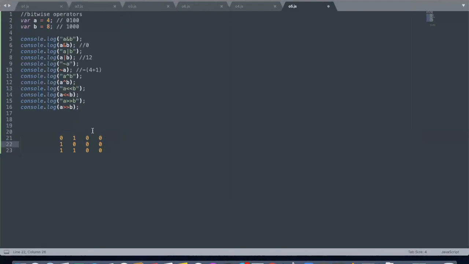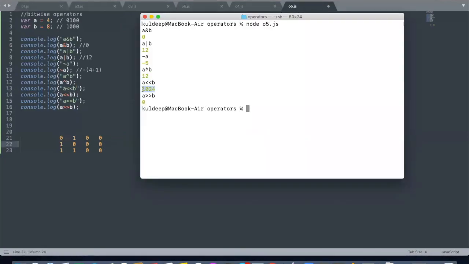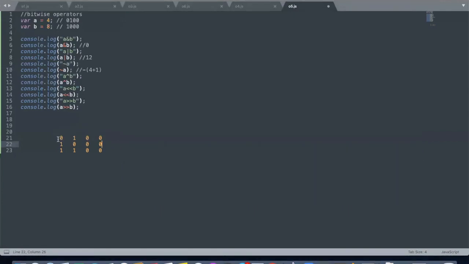Next, A left shift B. For this, guys, you can see the answer is 1024. It means the value has changed a lot. How did this happen with A left shift B? Let's see. What is the value of A? That is 0, 1, 0, 0, right? So I need to shift 8 times. So just put 1, 2, 3, 4, 5, 6, 7, 8.